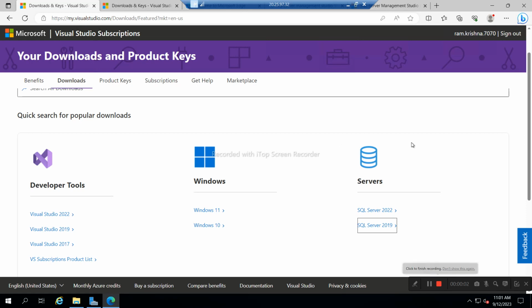Hi guys, today we are going to learn about SQL Server Integration Services, SSIS, how we can install Integration Services and how we can combine it with SQL Server. So first of all, we will install Visual Studio 2019, then SQL Server 2019, and SSMS 2019,